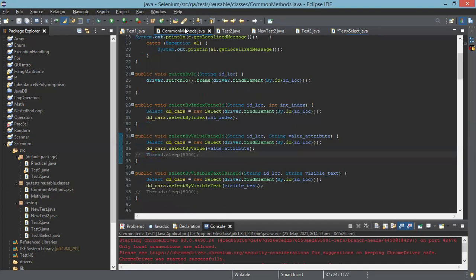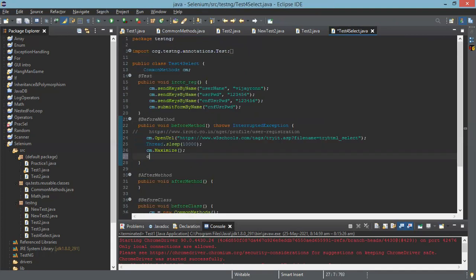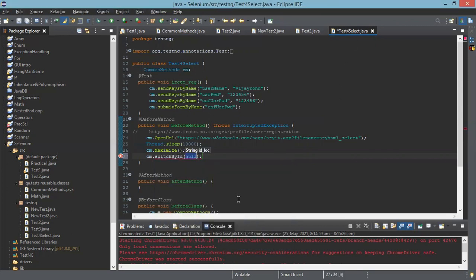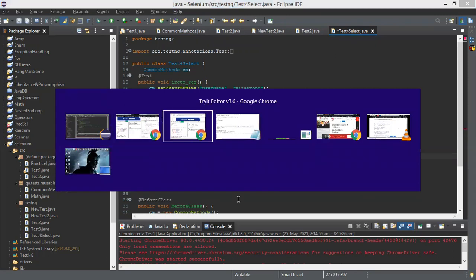Switch by ID, that you can use. In double quotes, you give the value of the frame, the ID of the frame, whatever you want.